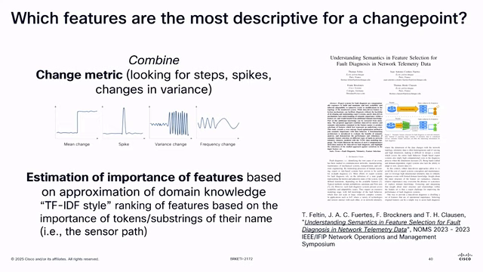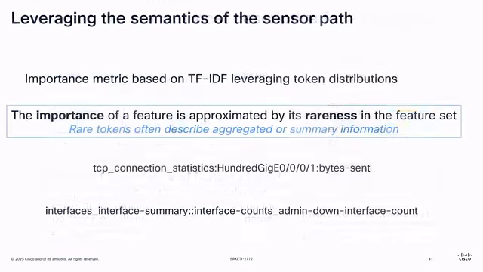And if you look at YANG, the name of a counter is fairly long. So the intuition was, can we use the name of the counter along with its occurrence to qualify whether that counter is important or not? So we're coming back to this idea, and that's why I spent a little bit of time on TF-IDF earlier on.